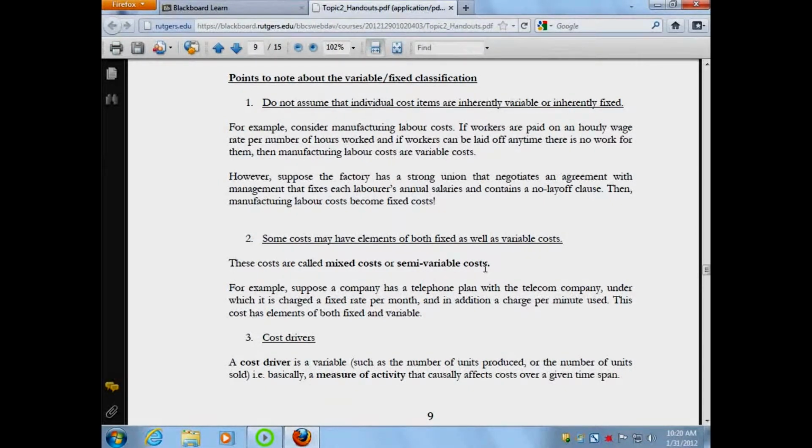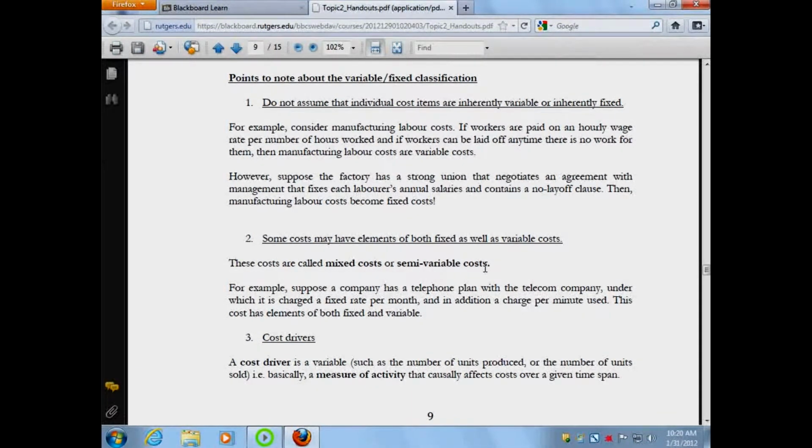Just like with direct and indirect, you always have to examine the situation, examine the circumstances very clearly to find out whether it's indeed variable or indeed fixed. Okay? Don't anchor, don't make these mental associations, certain costs always variable, other costs always fixed. And then, so the point that you raised about costs that are partially fixed and partially variable. So,